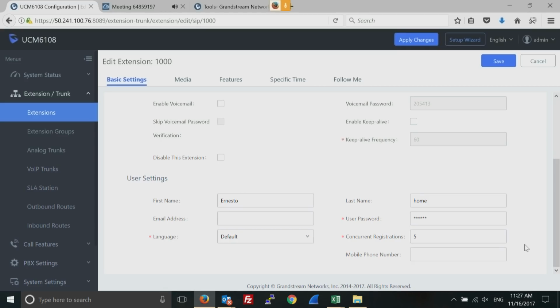And obviously, you can also do multiple extensions on one phone, which you just showed us how to do. Correct. Yep. It looks like the last thing that I'll ask you about is